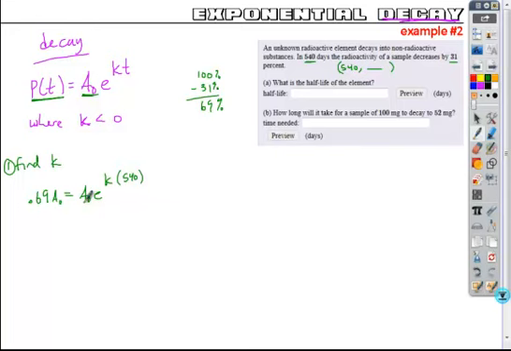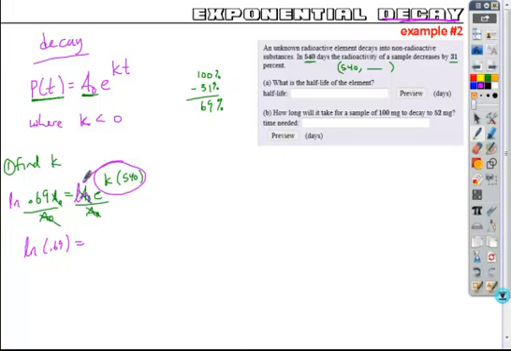If you divide both sides by a sub 0, whatever that happens to be, it cancels out of both. So the percent doesn't matter. Again, what the original amount is isn't going to matter for this. You're just finding your k. And so once again, you do the same process. If your variable's in the power, you need to take the log or natural log of both sides. So if we take the natural log of both sides,